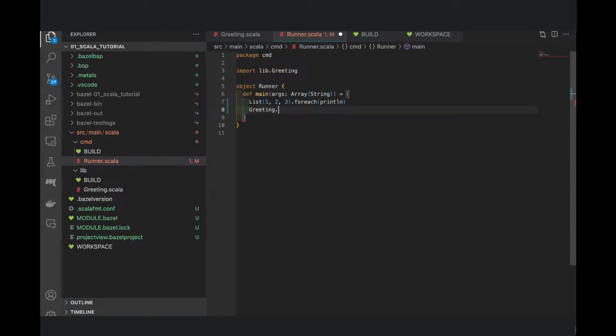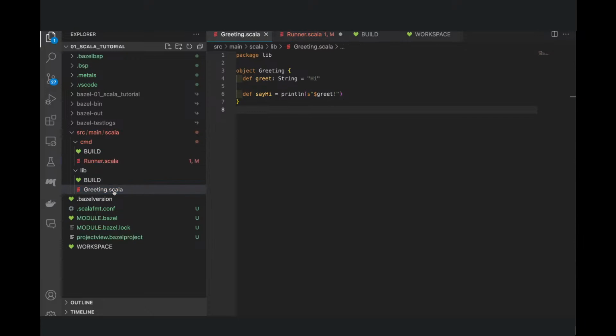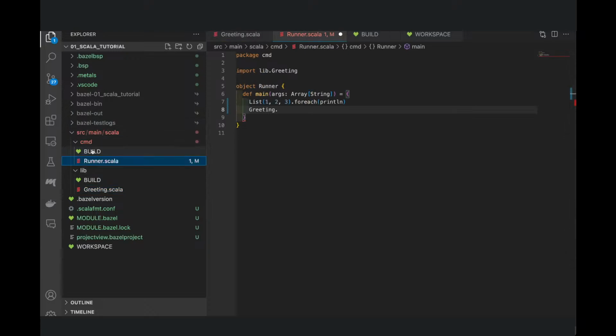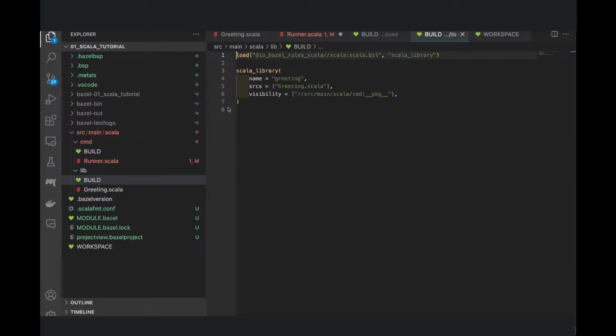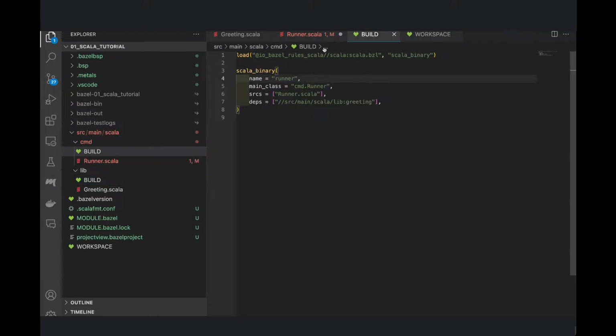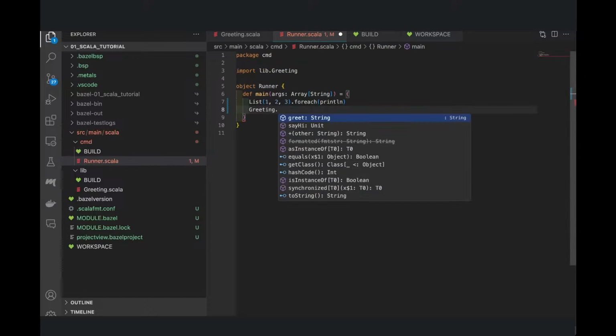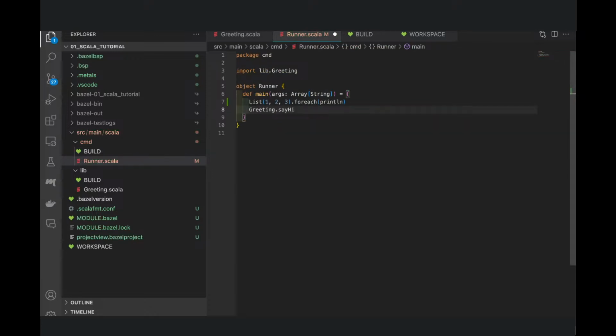I wanted to see, because the demo itself has two modules, similarly to what you have just shown. There's greeting that is living in this target, and there's cmd that is living in this target. So we have the import defined in cmd that we depend on the lib, and I guess at this particular target, the lib greeting. So I wanted to see whether it works cross modules, and it seems that it works just fine.